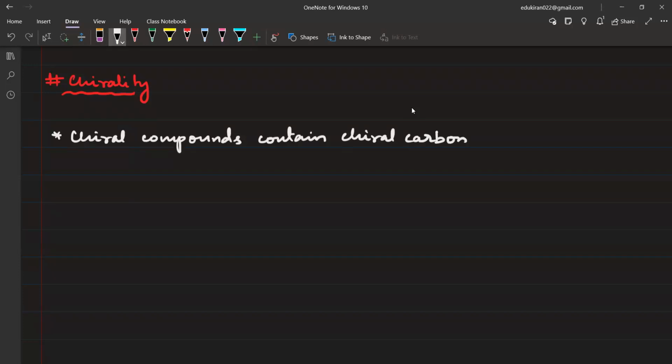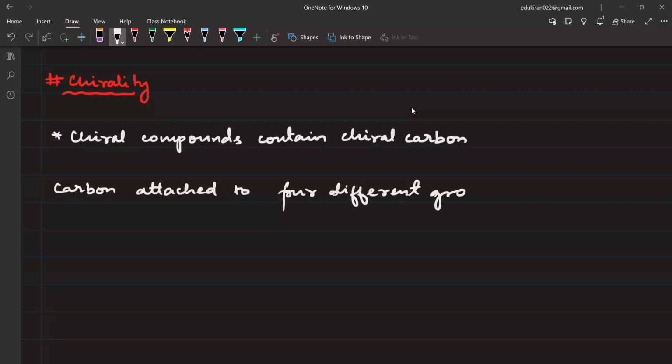Now we have another question. What is chiral carbon? So please see. Carbon attached to 4 different groups is chiral carbon. The carbon is chiral carbon. Okay. For example,